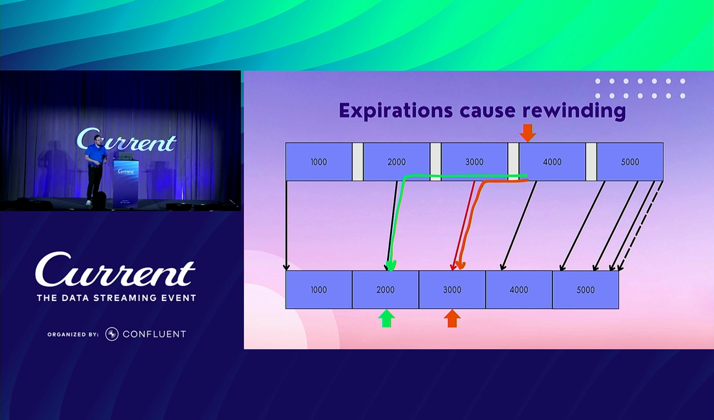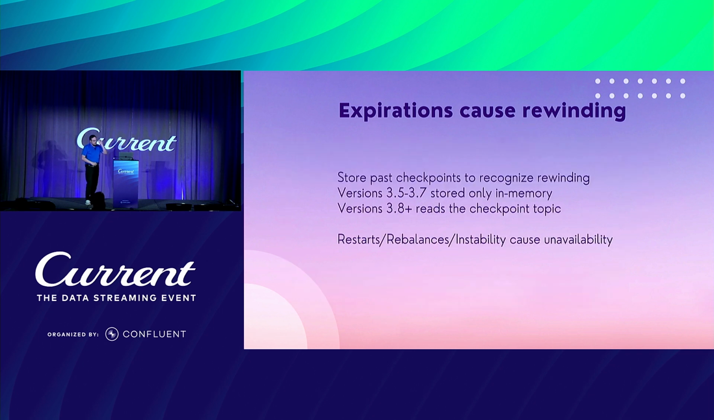So remember from the architecture diagram, the mirror checkpoint task is actually a process in memory. It had a little in-memory cache of previous translations it had done, and it would lose that cache. It would forget when a restart happened. So we fixed that part of the bug in version 3.8 by rereading the checkpoint topic, basically looking back in the history of our translations to find out where we translated it to in the past,